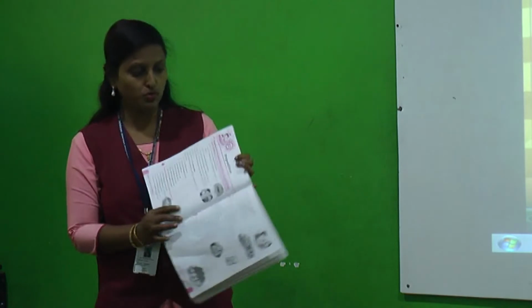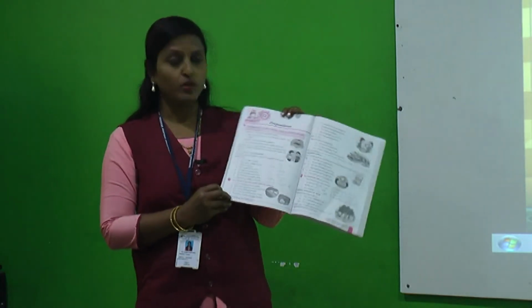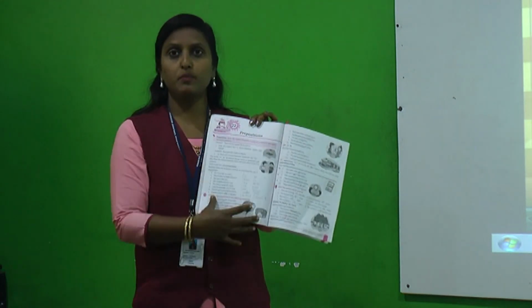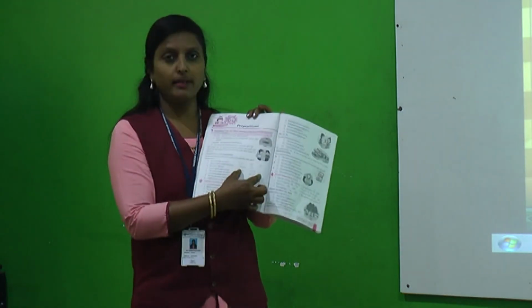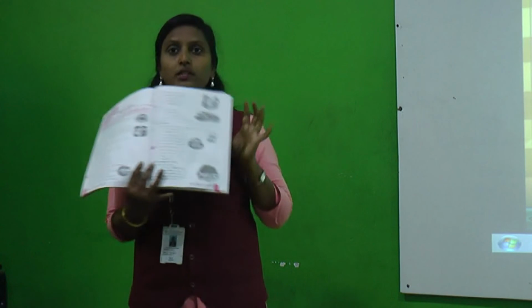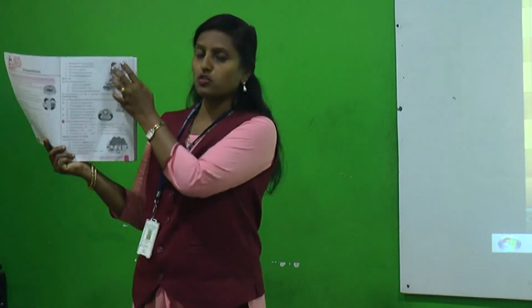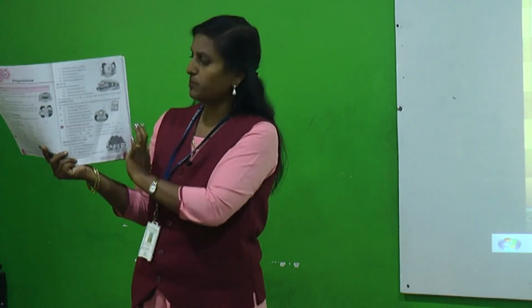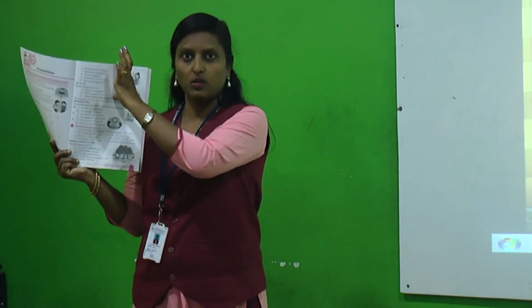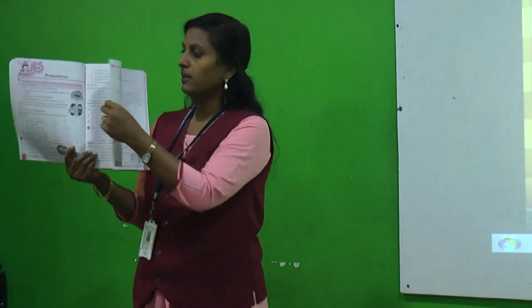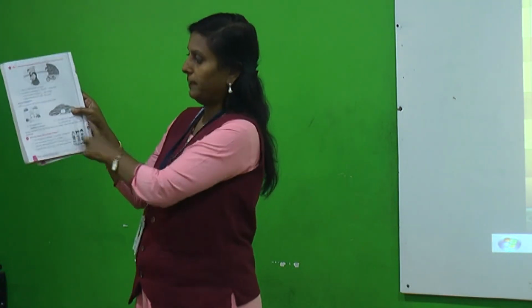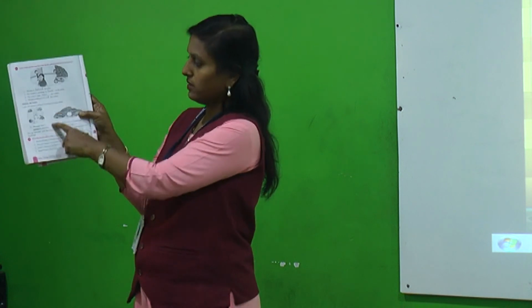Now what you have to do, students, can you see this, your book? Okay, what you have to do in this page: how many prepositions are there that you have to write down over here. Then on this page, can you see, here also how many prepositions you know, you can just write over here, wherever there is space. Okay, then here also, which prepositions have you learned? Among, between, that you can write over here somewhere.